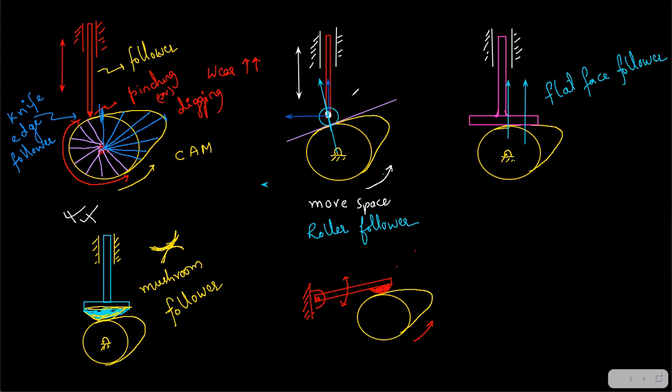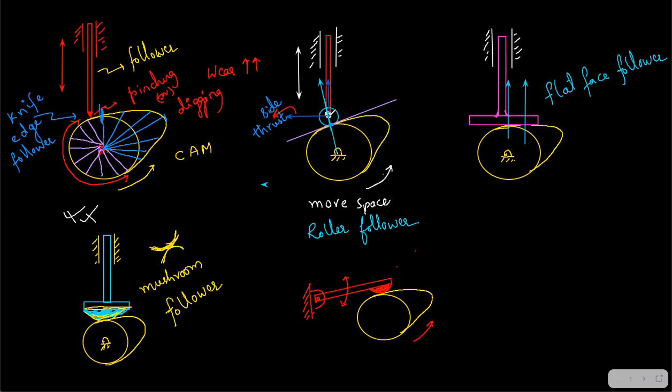it is not having a side thrust. We call it a side thrust. So this is called, let me change the color, side thrust. So there is a side thrust. Why is this side thrust coming? Because the force will be along the common normal at the point of contact. So this is the point of contact, and between two higher pairs, these are higher pairs, right? Between two higher pairs, this is the point of contact. Then I have this common normal, but the common normal is not along the motion. This is along the motion, right? Vertical, it is not along vertical. Only a component is there along the vertical.